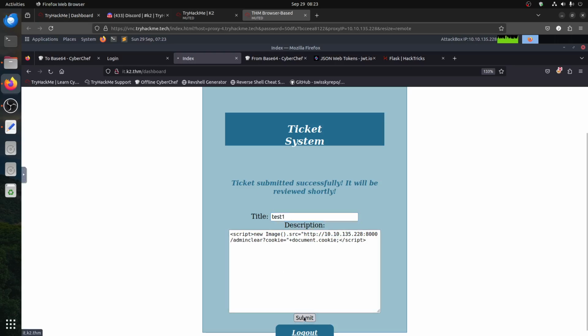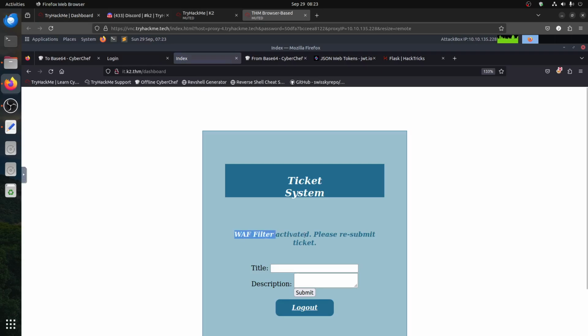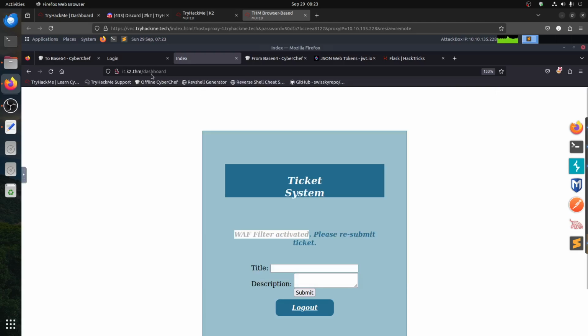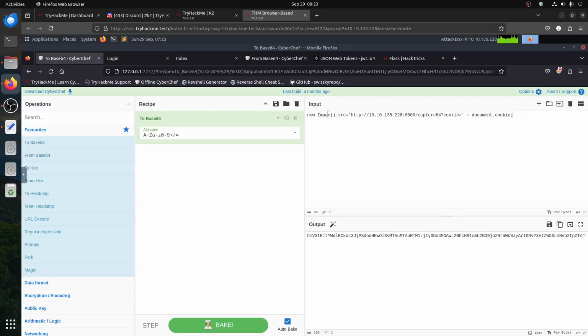If I submit now, it tells me WAF filter activated, so there's a firewall detecting the keyword in this payload, so we can't really use this payload. The next one, we can do two of them. We can use base64, so we can take this one. Let me show you what exactly that is. So if I put that one there,